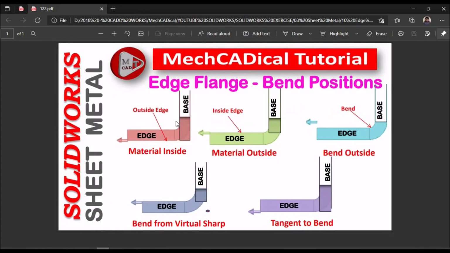See, when we see here, this is the base flange and this is the edge flange. So the flange is forming exactly starting from inside the base flange and ending exactly at the end of this edge. So this edge of the base flange and the outer edge of the edge flange are collinear. So that is for material from inside.